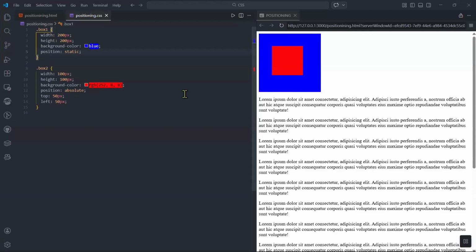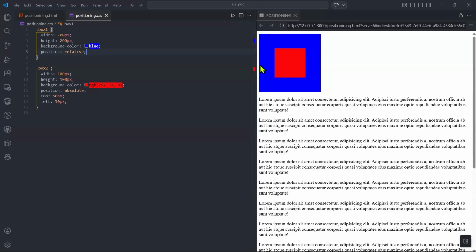You understand? So always think that if you want something inside another box to move, or any element to move, then make the parent relative. For instance, look at it. This one is inside this box, right? So the reason why this one is absolute and this one is relative is that